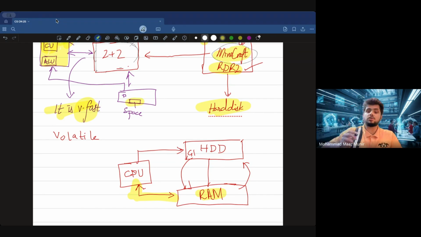if you save it, where will it be saved? It's going to save in your hard disk. If you don't save it to the hard disk, then whatever your things are, they are just going to get deleted. So when I say that RAM is volatile, it means